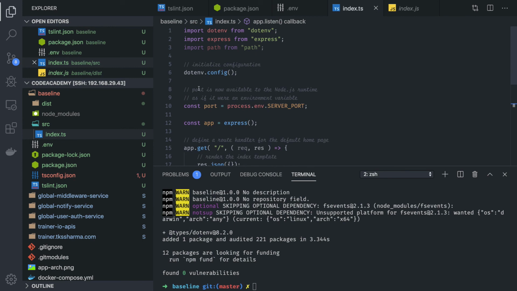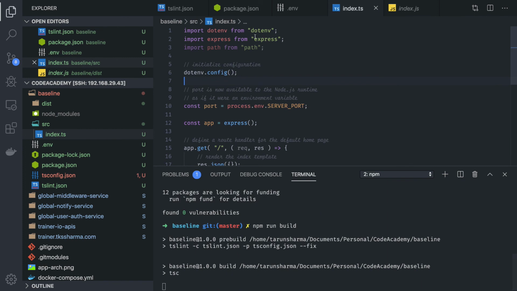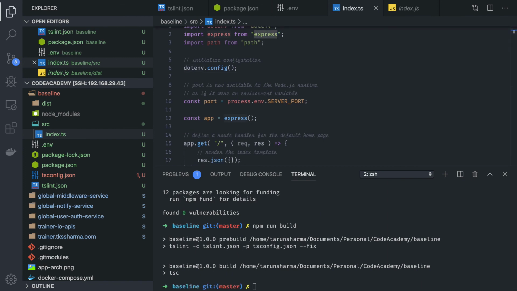Let's see. dotenv.config. So this will initialize it. It will read a .env file and put all these variables, server port, MongoDB URL, all these things inside a process variable, so that we can access it using process.env.variable name. Now we can do npm run build again. Oh, looks fine, we have a .env, we have express, build is done, right?